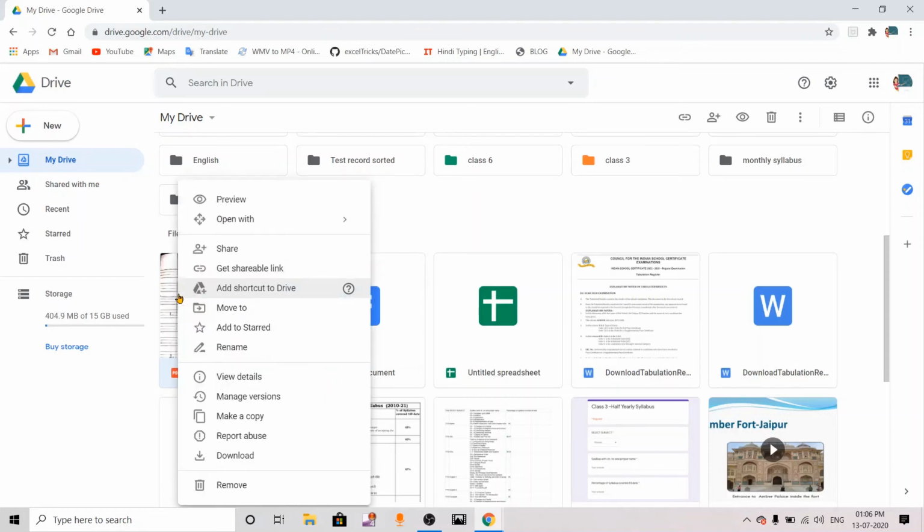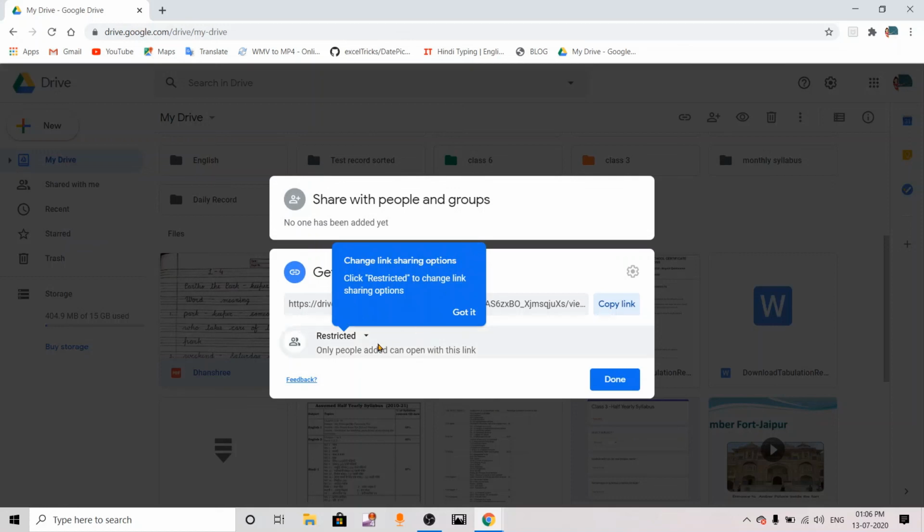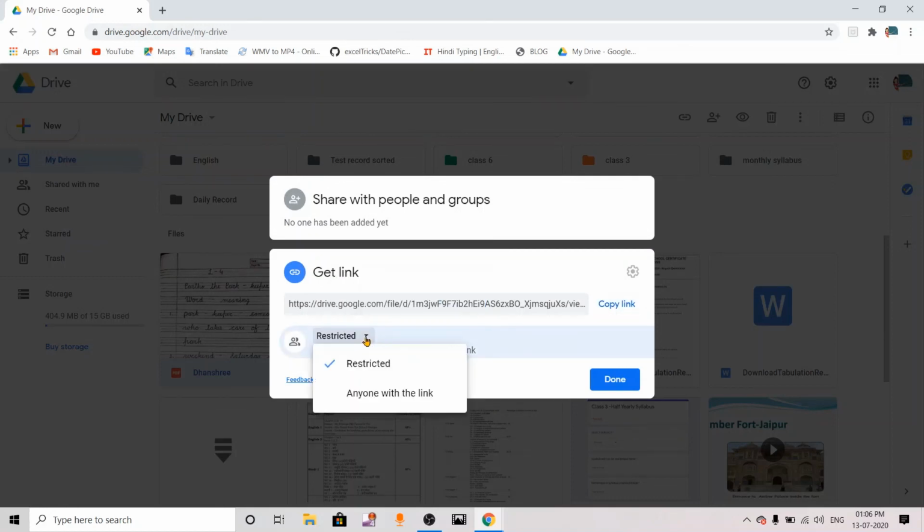Otherwise, you will right click and click on get shareable link. Now what is a shareable link? Whatever test we send you, you click on some blue underlined text and then your test opens, right? That blue underlined link text is your link. So how to get that link? Whatever test we prepare, we prepare in this drive only, Google Drive, okay? So we will click on get shareable link. Now here also there are options.